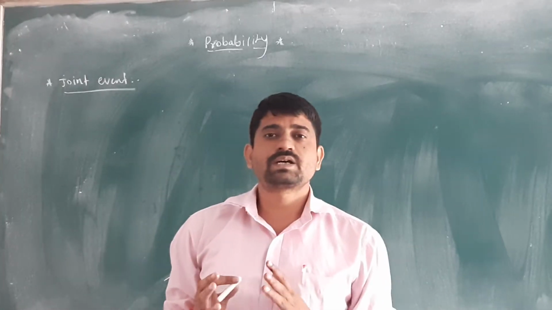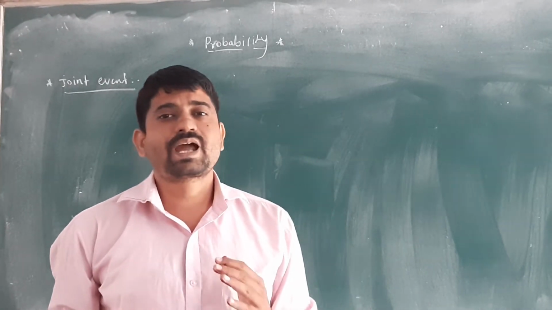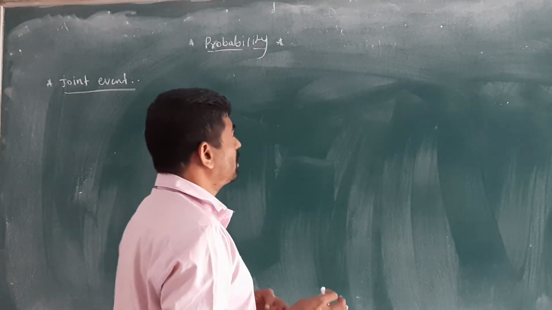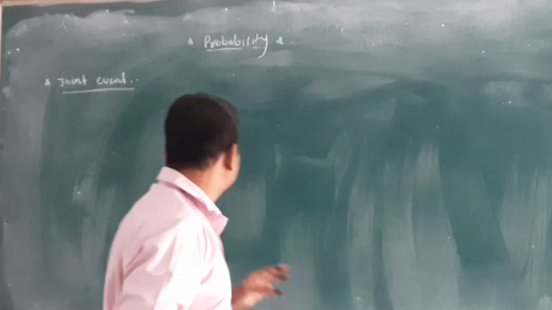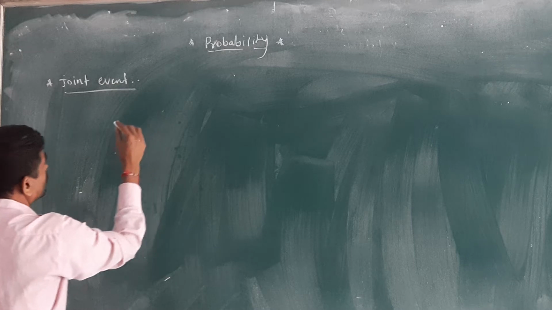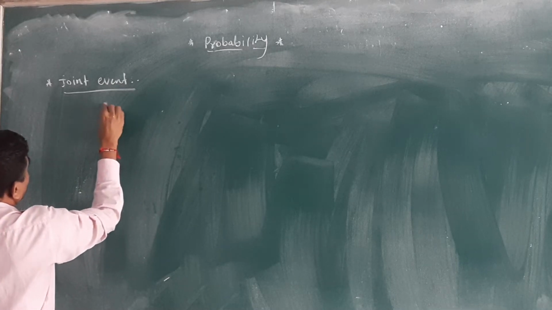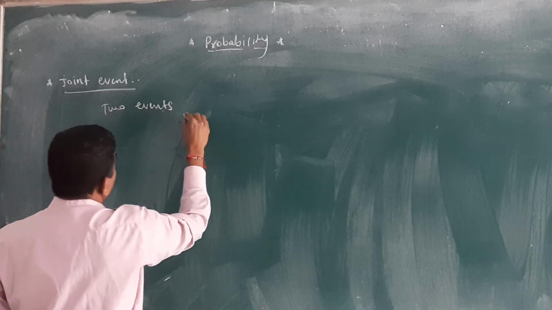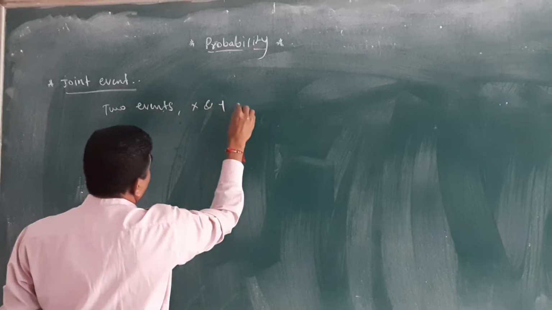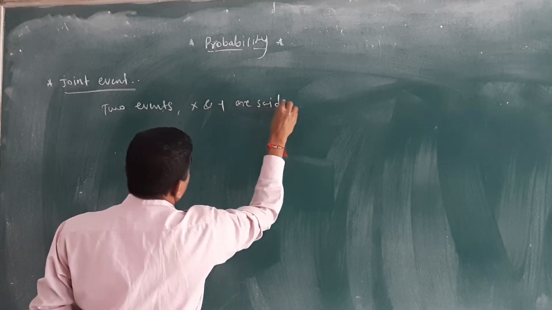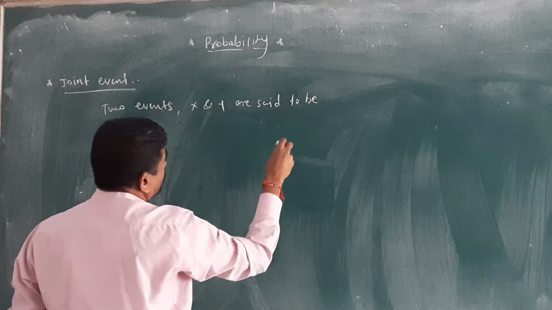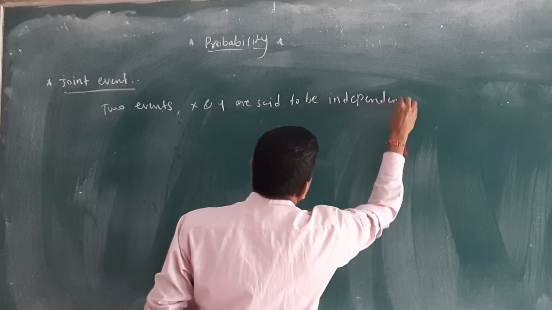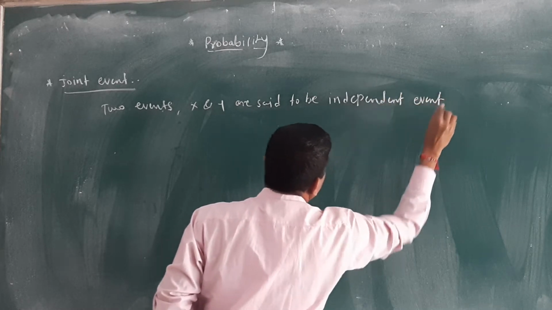Okay, we will consider that the two events are X and Y. X and Y are said to be independent events. Here, joint event means we will consider first the two events X and Y, which are said to be independent events. What is an independent event? Okay,